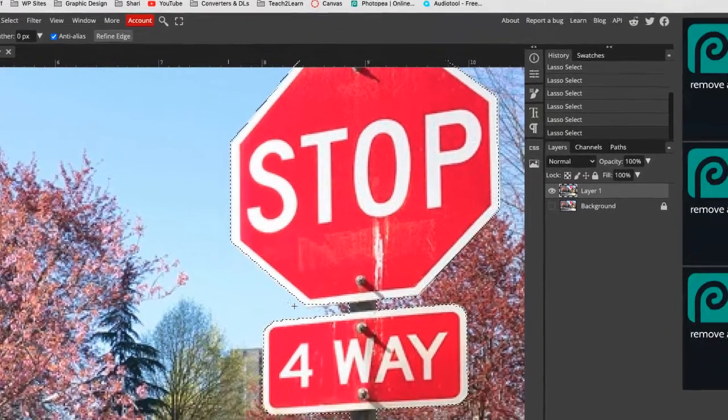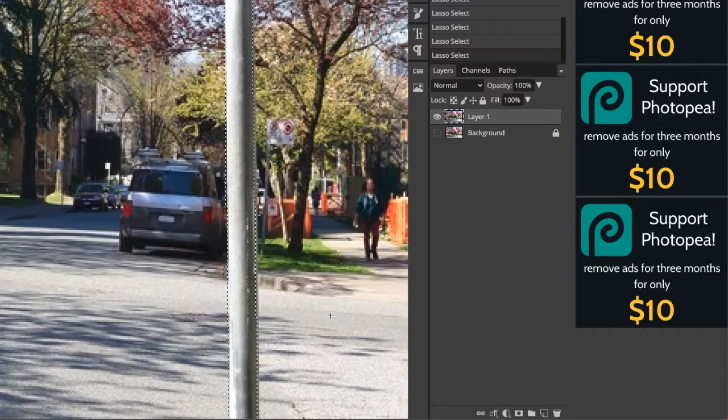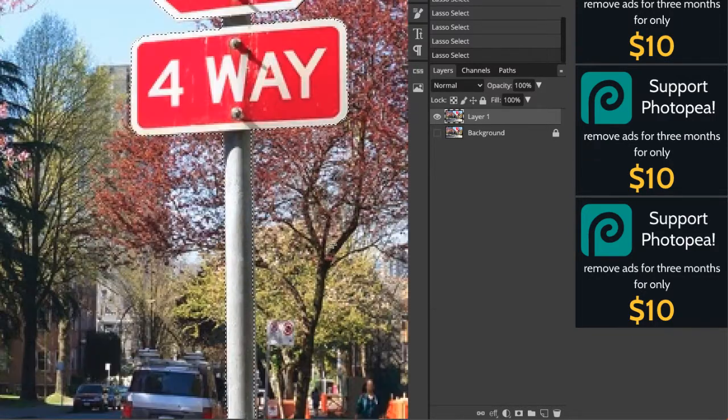So again, let me show you. Do I have any more parts like that? I have a little bit right here. I'll show you again right here. So I click outside my selection, and I'm just going to make a loop, and that will eliminate that from my selection. So I'm going to continue going back through and adding and subtracting from my selection until we have something that